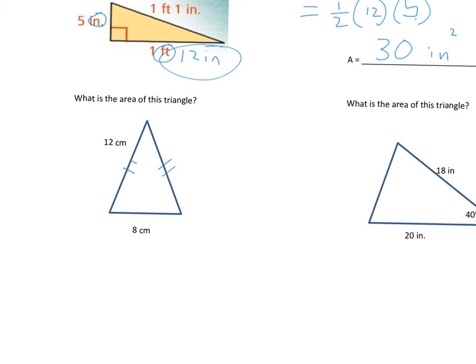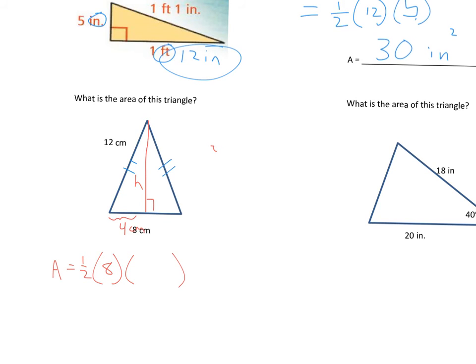Okay, guys, so I'm looking now at this next one. This is an isosceles triangle, so this is a different situation. The area of a triangle is just going to be 1/2 its base, which in this case is 8, times its height. Its height is not 12. 12 is not straight up and down. That is what the height is. So because this is isosceles, when I draw that in, I bisect this exactly, and this would be 4 centimeters